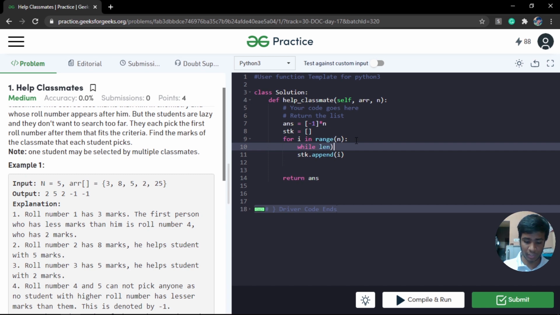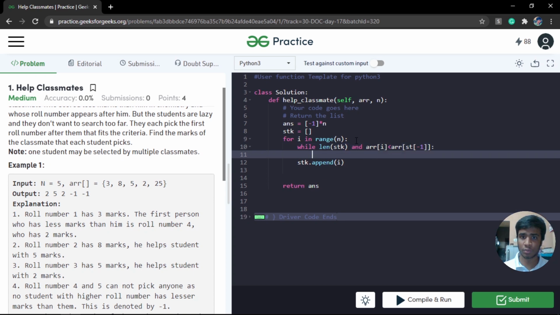While my stack is not empty, and I'm going to check whether my current value, that is array of i, is less than the value at the top of my stack. So stk[-1] will give me simply the element at the top of the stack, and since we are only storing indices, I have to do array of this particular index.